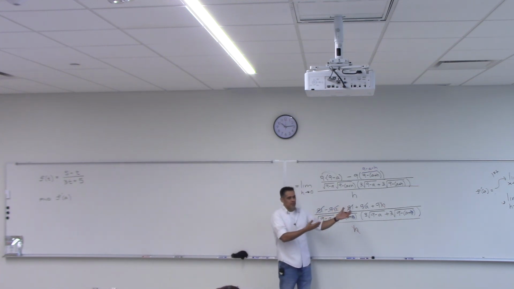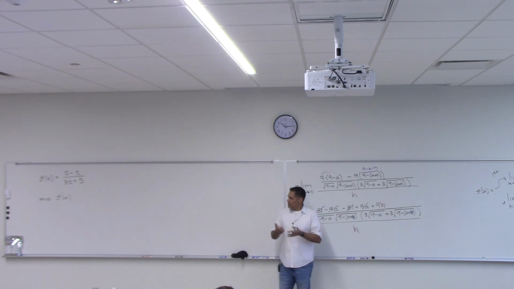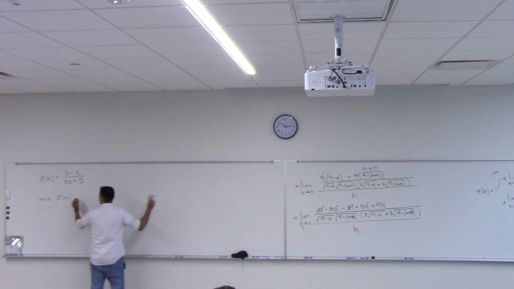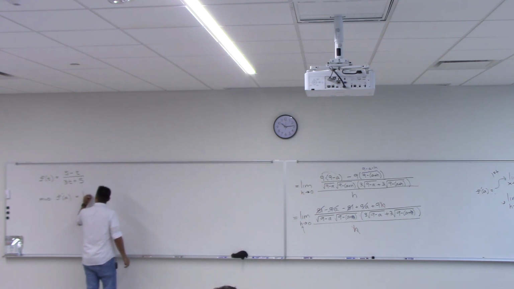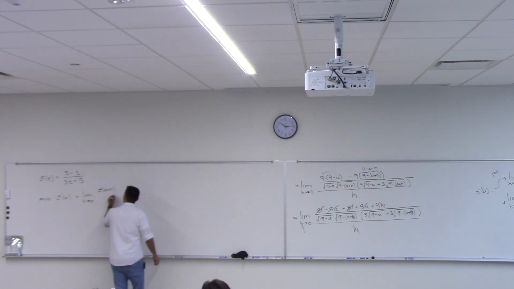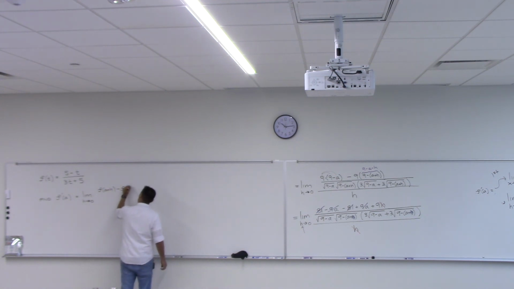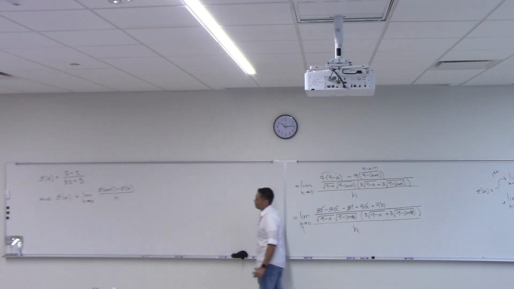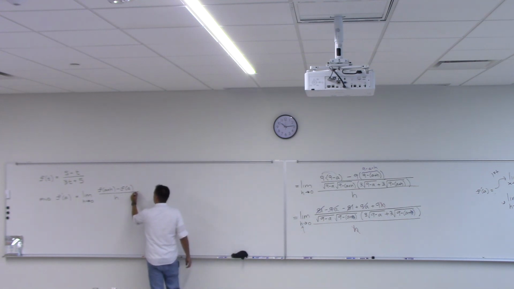We have choices. Do you want to do the second one again just to get one more on it, just so we have some practice? Okay, so I'm going to use the second definition. Limit as h goes to 0 of f of a plus h, minus f of a, all over h. This is the limit